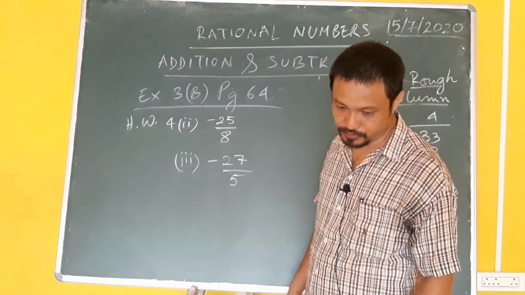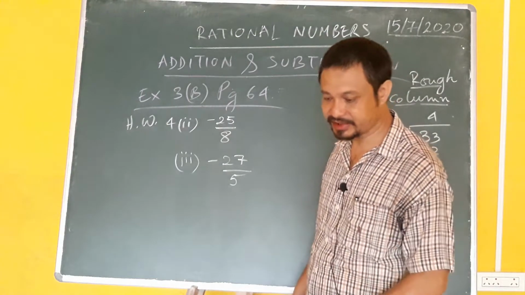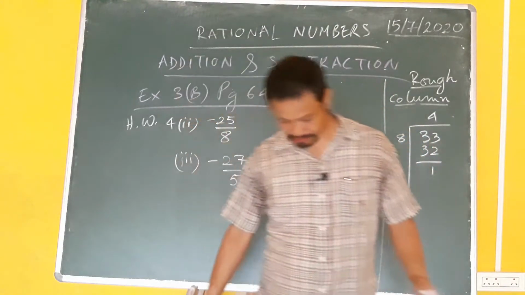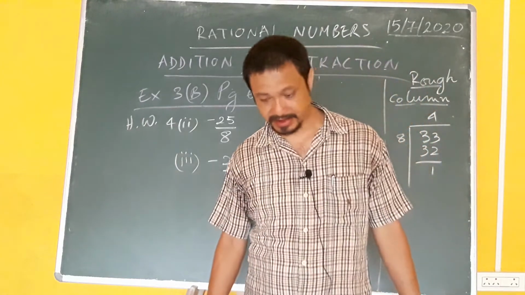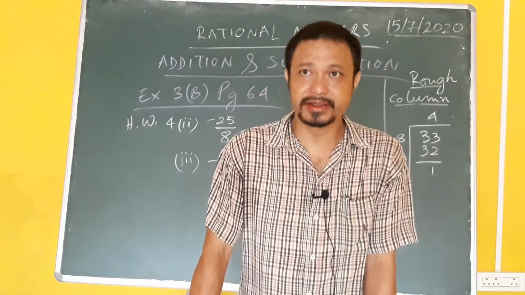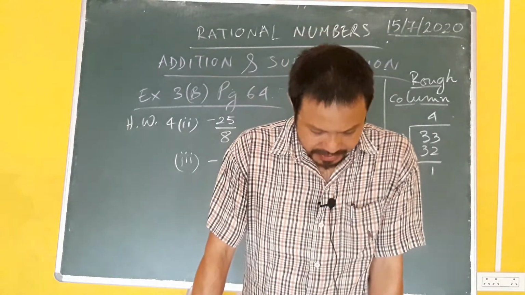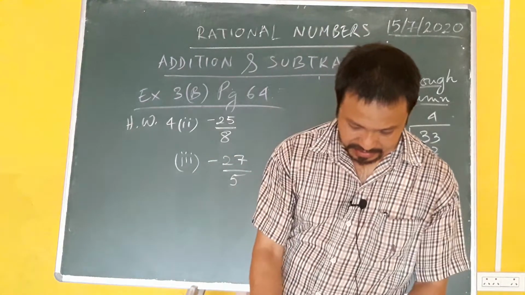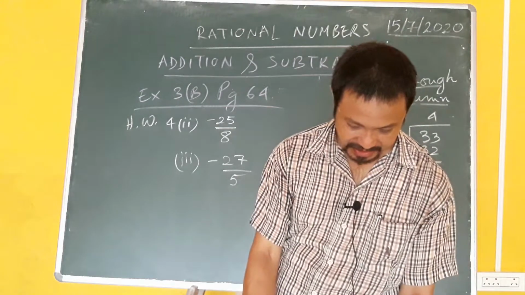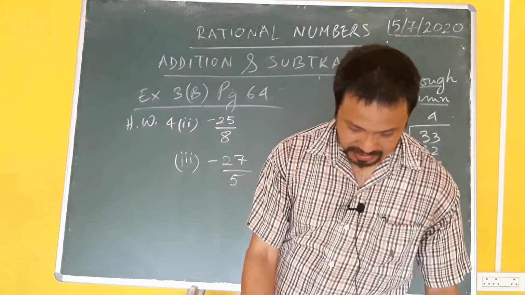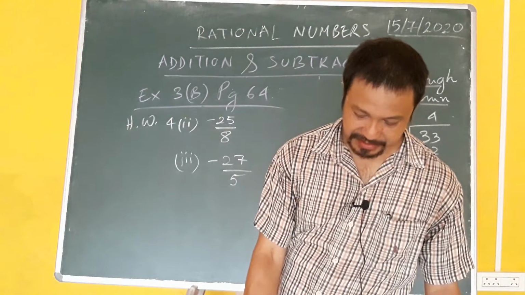Now, so we have done 4 sums. What I'm trying to do is complete exercise 3B today, because your next set of tests, unit test or whatever you would call it, is going to happen in August, right? And there's more to cover. We have I think the unitary method in the next chapter that I would like to do online when you're at home, so that it becomes easier and you're comfortable with the whole thing, which is ratio, proportion and unitary method. I would like to do that also.